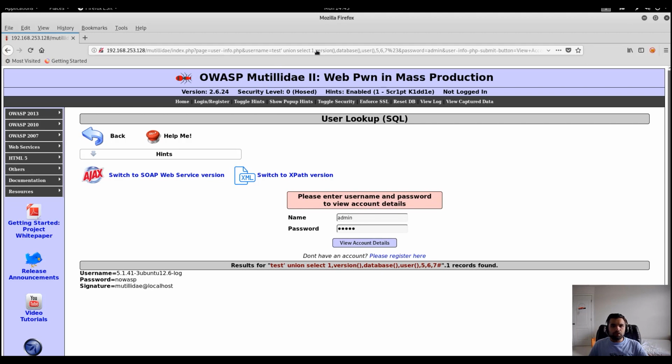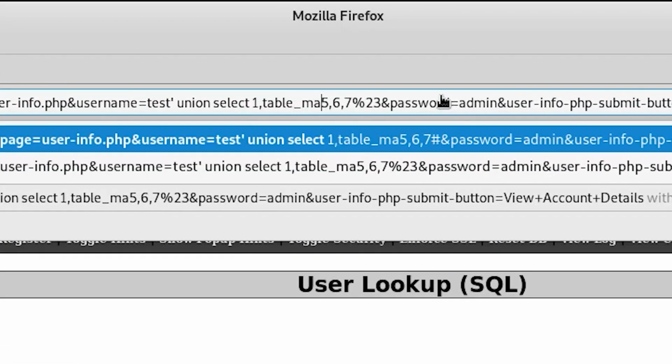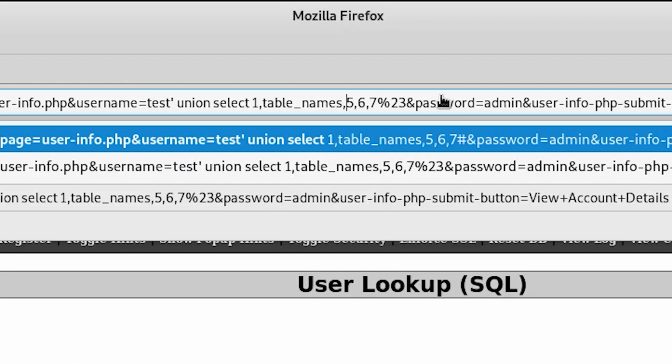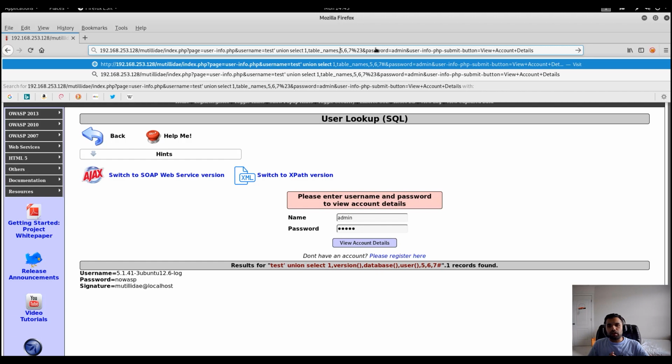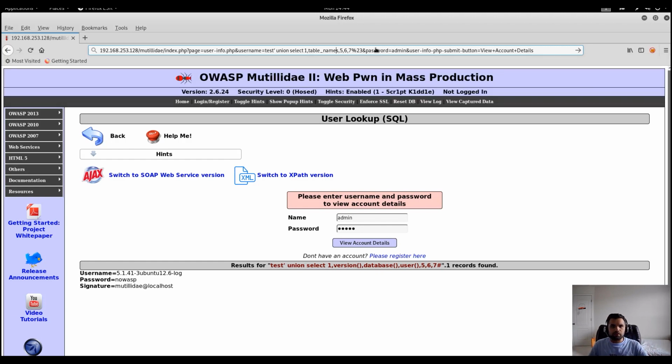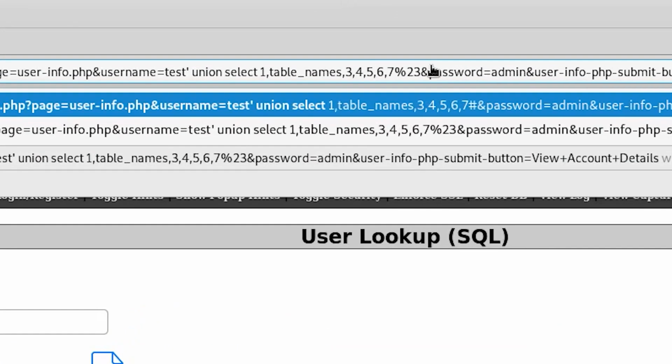So now let's try a bit more advanced. Now we want to check all the table names that belong in this information schema. And information schema is, I guess I would describe it as a superset of everything. So it has all the information of the underlying database with all the tables, all the columns, everything. So if you can get that information, that means you have everything. So here, instead of number 2 I'm gonna print all the table names, then 3 4 5 6 7, already we have it.